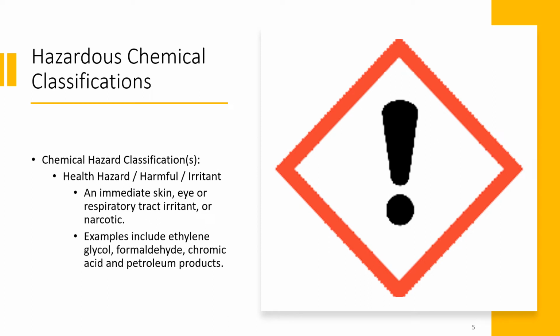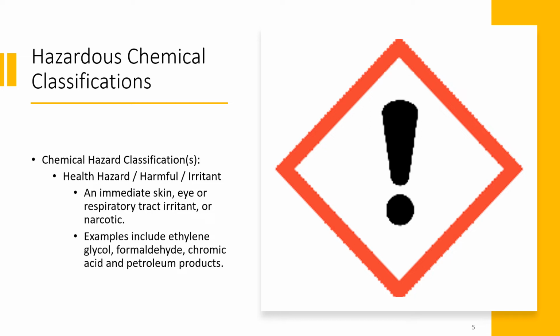So with this next one, we have what's called a health hazard. It's also a harmful or an irritant. It can sometimes be considered all three and sometimes considered only one. I don't find this one to be a very clear symbol. I would at least question it and say, I don't know what this means. I'm not too scared, but I also know that it must mean something because this kind of warning is found on here. So when we look at the definition of either a health hazard, a harmful chemical, or an irritant,